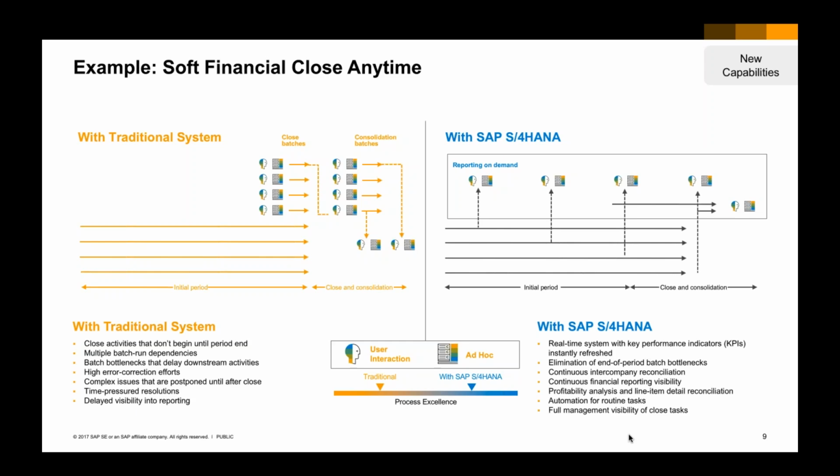Well, let's take a look at a process that every business has to do, which is close the books. And back in the old days, with say ECC 6 running on any database, Oracle, SQL Server, DB2, with the traditional databases, things had to be done in batches, and that's because of the complicated data model, an example of which you saw a couple slides ago. Lots and lots of tables, lots of things to consolidate, lots of things to reconcile. Of course, you had the FICO reconciliation, right? You had finance and controlling, you had intercompany reconciliation,